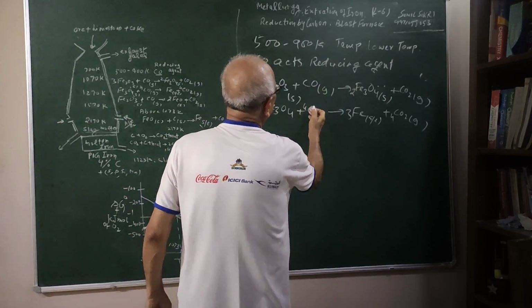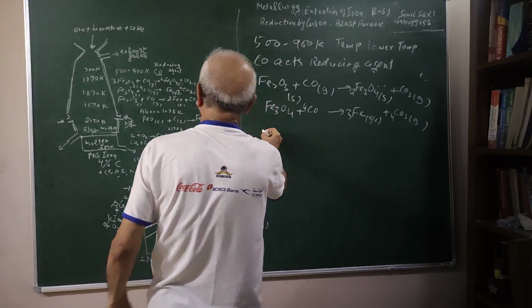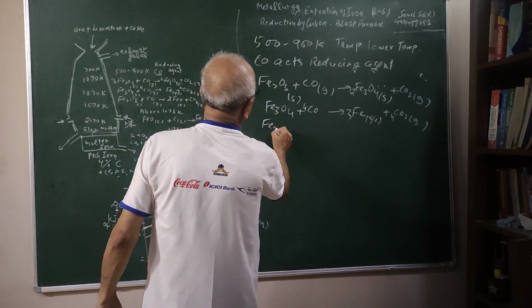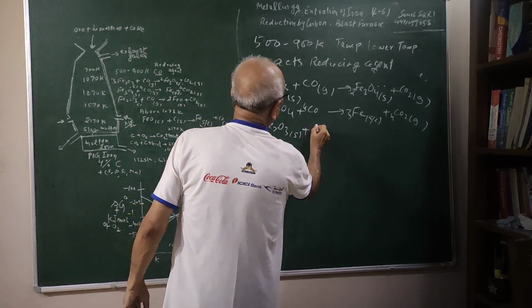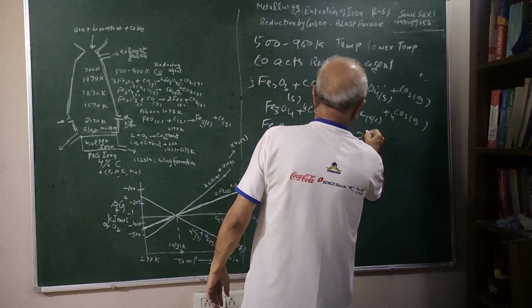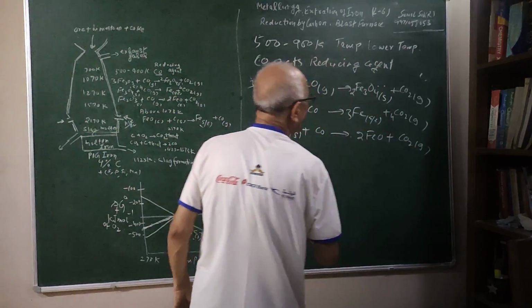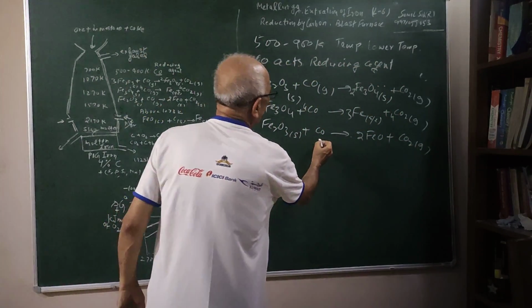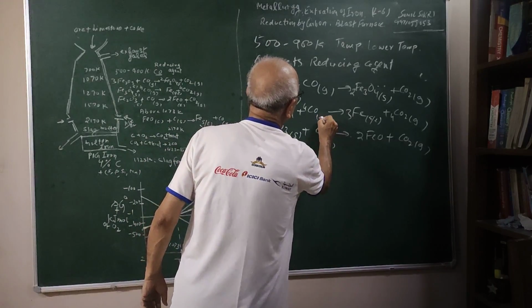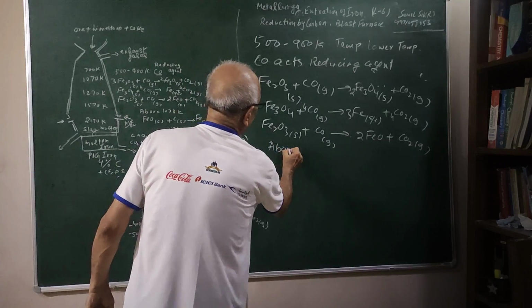This carbon monoxide is acting as a reducing agent at the temperature range 500 to 900 K, and Fe2O3 will be reacting with carbon monoxide. The result of this is 2FeO plus CO2. So here you can see the role of carbon monoxide gas in this temperature range, and above 1073 K,